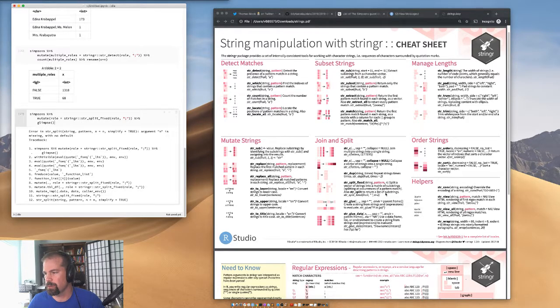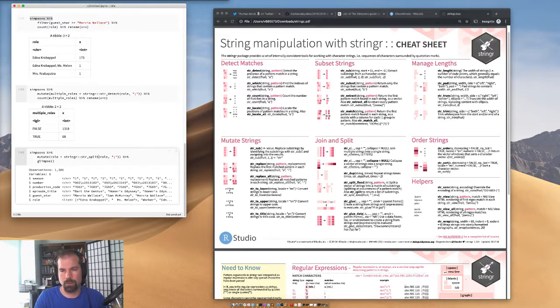Also string split returns a list of substrings. So maybe we don't want fixed and we just want to use string split. Whoop. Can't change the output. Let's see. And so what you notice now is that this is